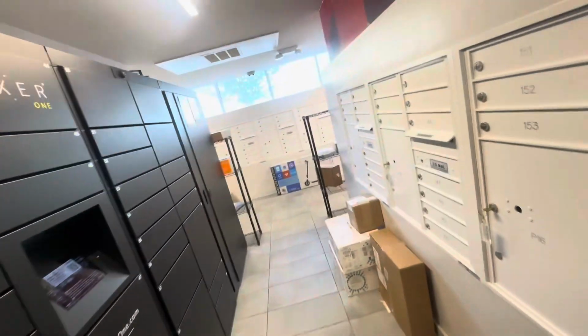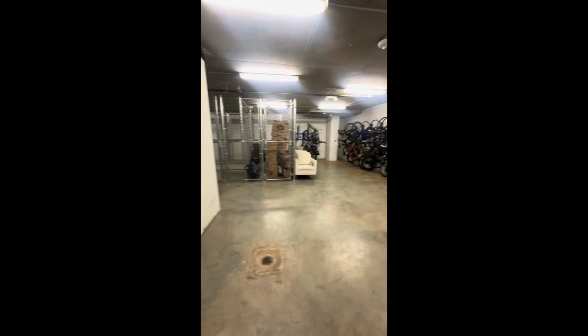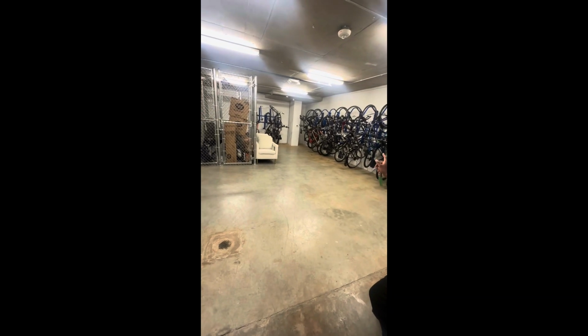Like 50? I think they're 50, yeah. Oh, a storage? Yeah. Okay. If you ever need it. Like 50 a month? Yeah. Okay. But if you have a bike, you can just store it in your...